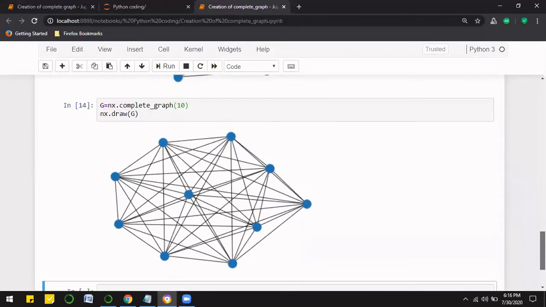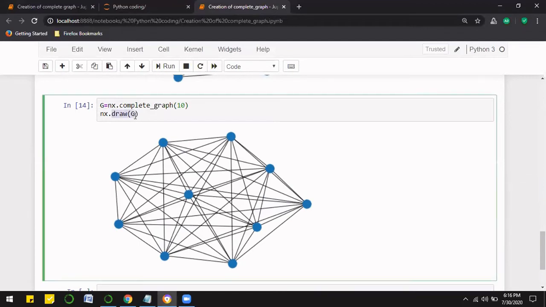Now let's give some color to this. So we have to change the parameters here in the draw function, not in the complete graph function, because in the complete graph function, we will be always inputting only the number of nodes for which we have to plot the complete graph. Now here I will use with labels. Earlier I used capital True for this, or I can even write 1. True or 1 means the same, and I give a node color to this. Let's give red color to this.